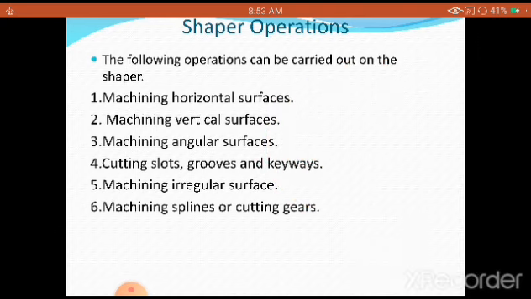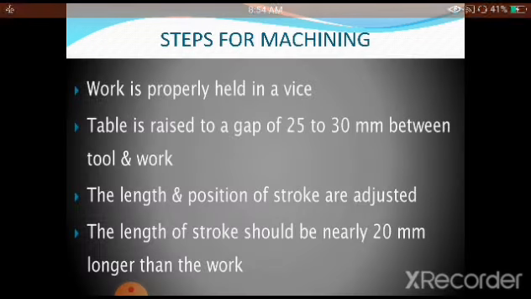If I want to cut grooves around the circumference of a shaft, that is called splines. The splines being cut are responsible for giving the axial movement of the mounted object. And the cutting of gears can also be done by holding the workpiece between two centers and by the indexing arrangement, which we are going to discuss in length in the subsequent presentations.